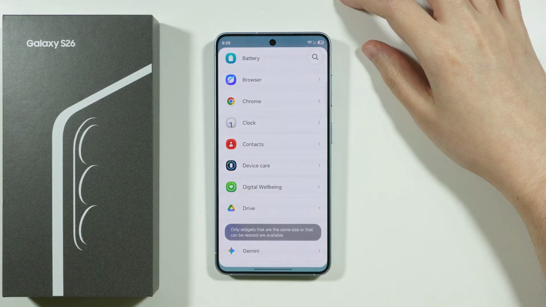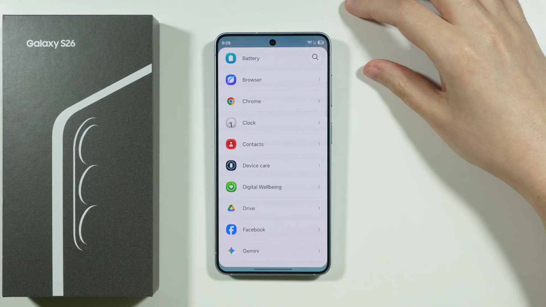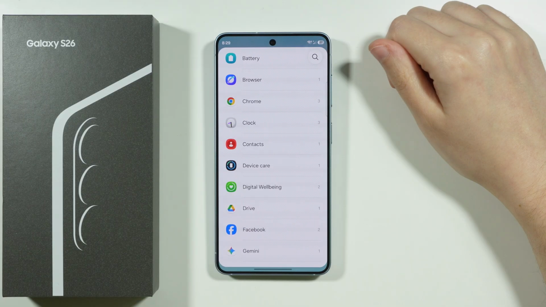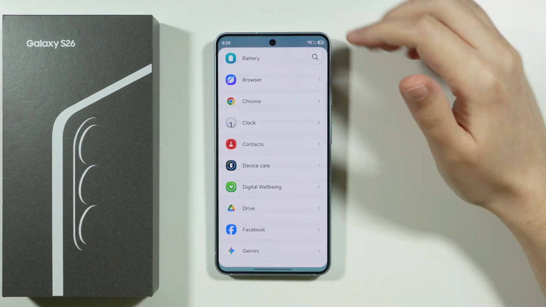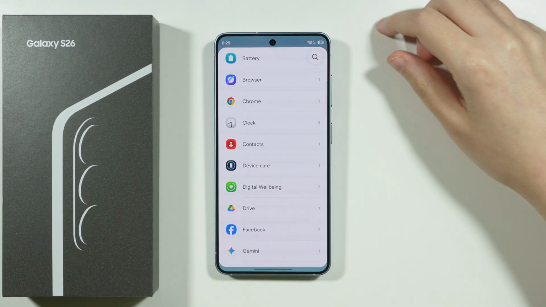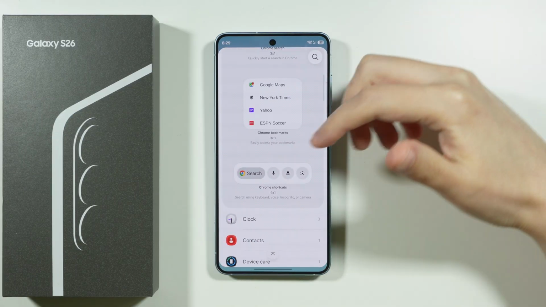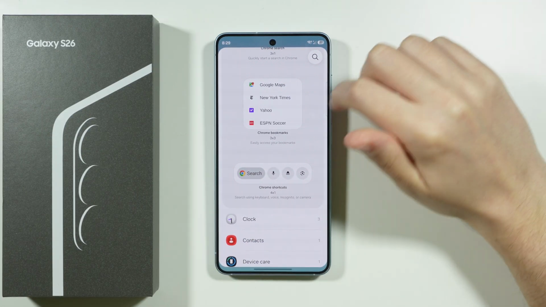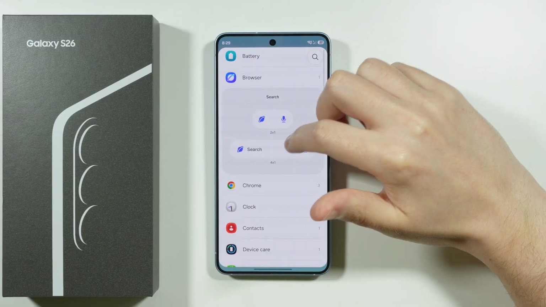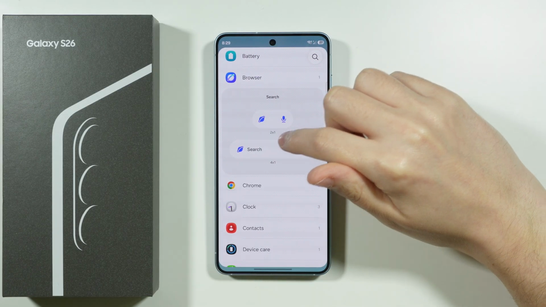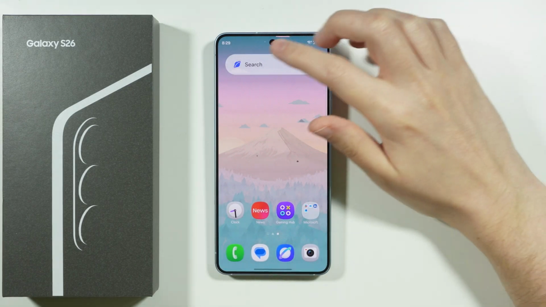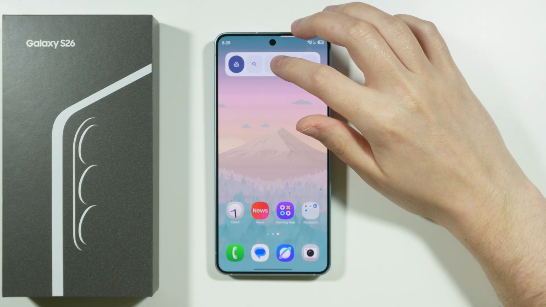This allows you to add widgets that have exactly the same size as the one that you used as the base. So in this case, I had a widget that was 4x1. So now I can find other 4x1 widgets, or other widgets that can be resized to 4x1. At least I believe that is the case, and then I should be able to add the widget into the stack. In here we can now swipe between these